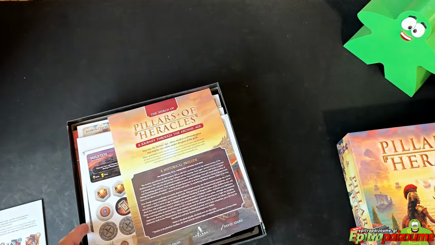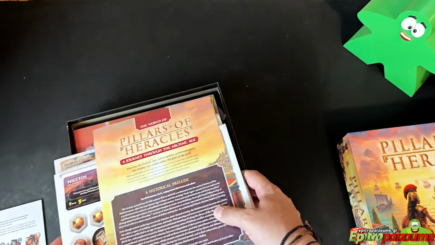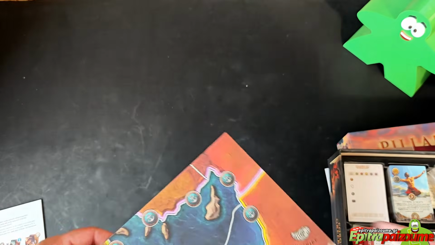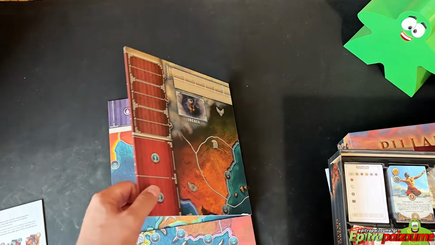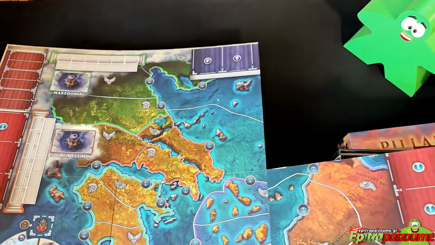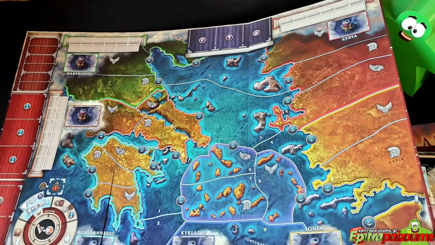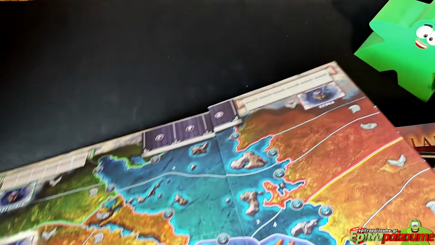so I can first of all take out the main board, so I can show you the map. Okay, so from the one side we have the Mediterranean. And from the other side we have the Aegean. Myself being Greek, I'm really happy to have both. Most probably I'll be playing the Aegean side most of the times, for obvious reasons. Okay, so this is Greece, this is Aegean, okay,